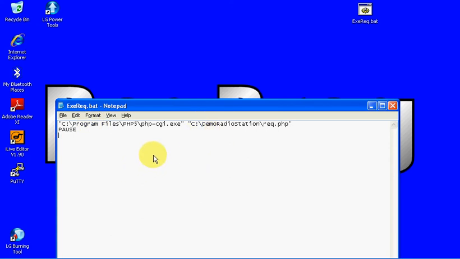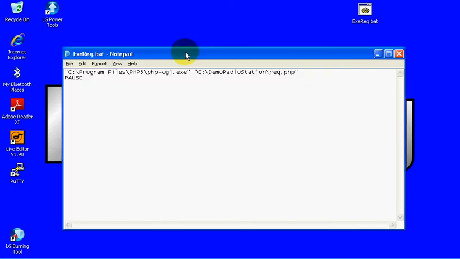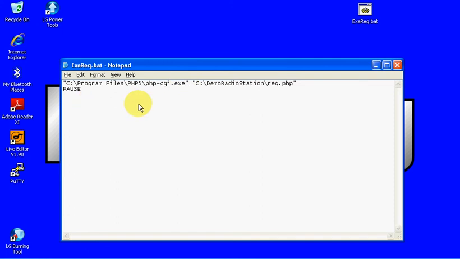You can use Perl CGI if you like, or if you have some other script. I don't know if JavaScript, a .js file, will allow you to open a TCP connection, or if a VB script will allow you to do it, but I can do it with PHP, at least an enabled version of PHP 5. So you see I've got a batch file here, and it'll execute the command interpreter, and it'll feed it this script file here,